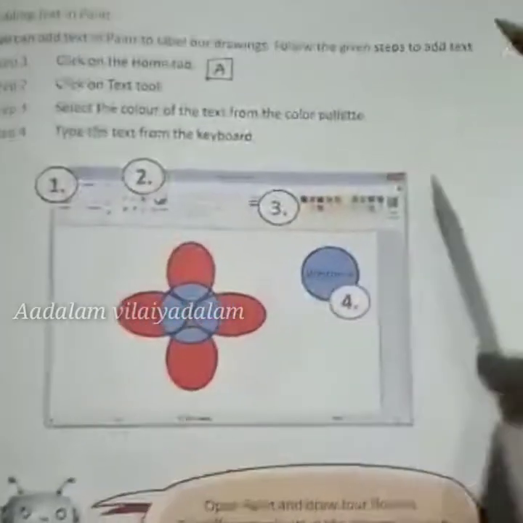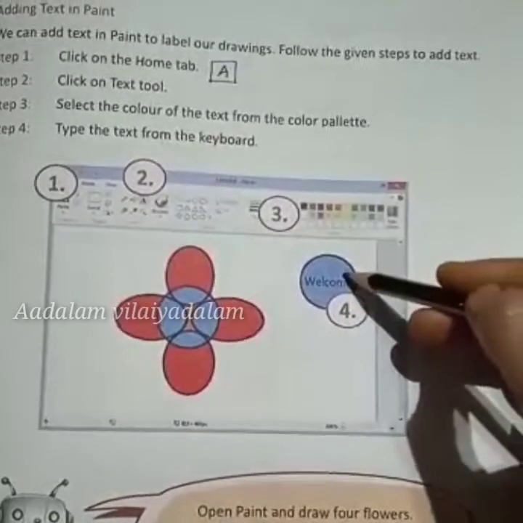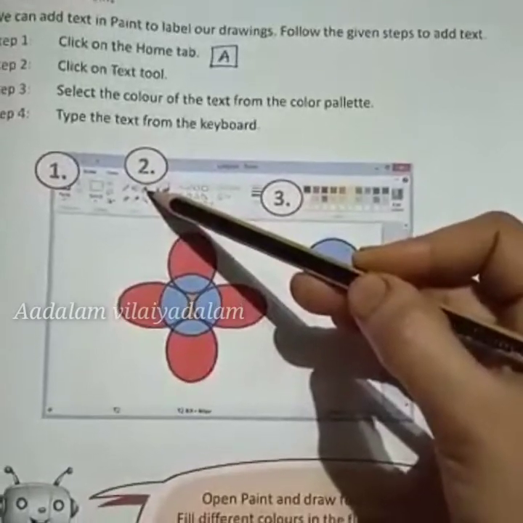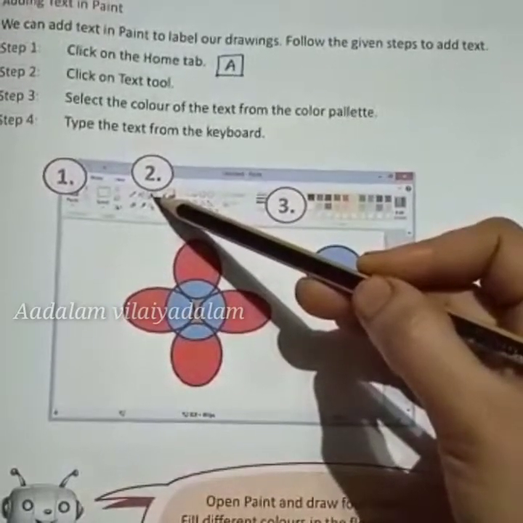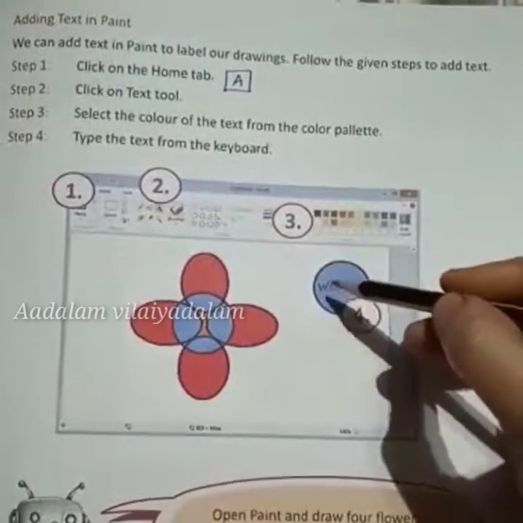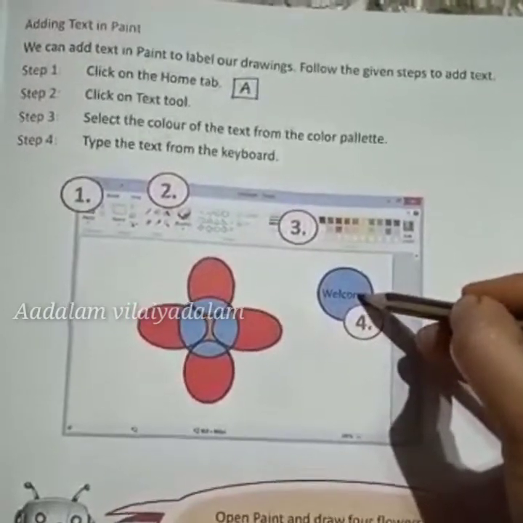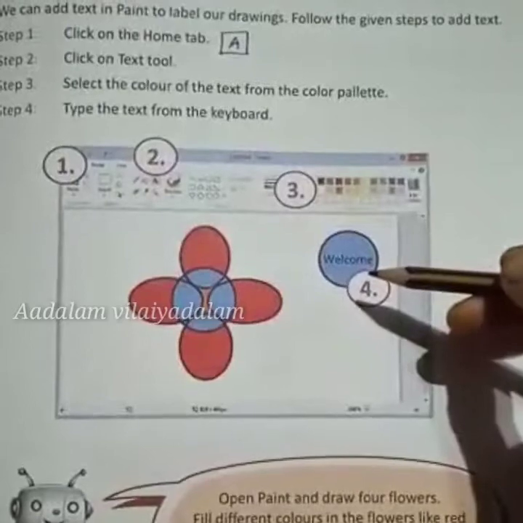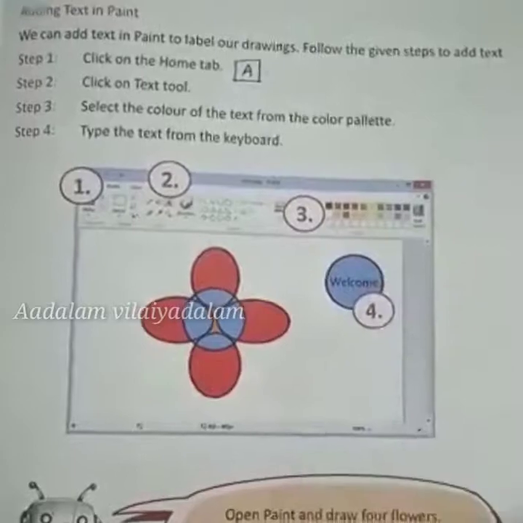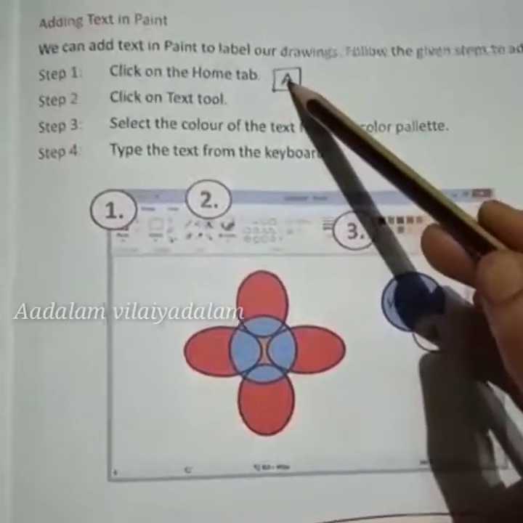Next we are going to see how to add text in the pictures. To add text in the picture, just select the A. This A icon is used to type text in the shapes. So just click on that A icon. A box will appear in the shape. Type the required text. Then the text will appear in the selected shape. This is the way to add text in the shapes. This is the icon for adding text, the A icon.